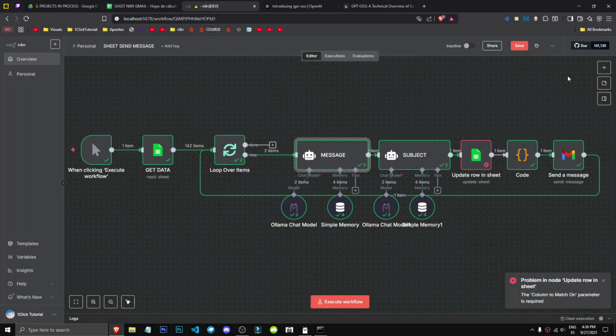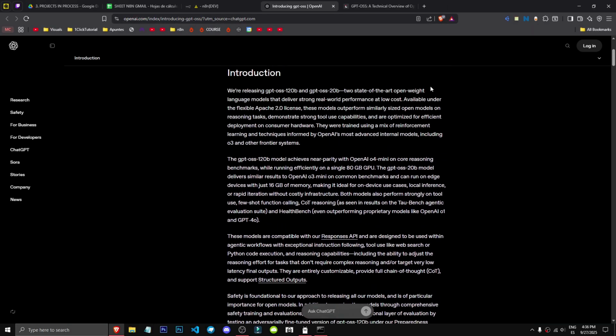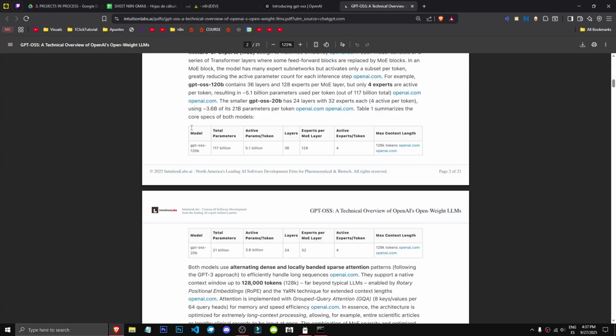Alright, today we're talking about the new ChatGPT models, specifically GPT-OSS. They're not exactly new, they've been out for about a month now. We'll be looking at this intro and I'll show you how to connect them to N8N. And yes, we can run ChatGPT locally with these two models, GPT-OSS 120B with 117B parameters and GPT-OSS 20B with